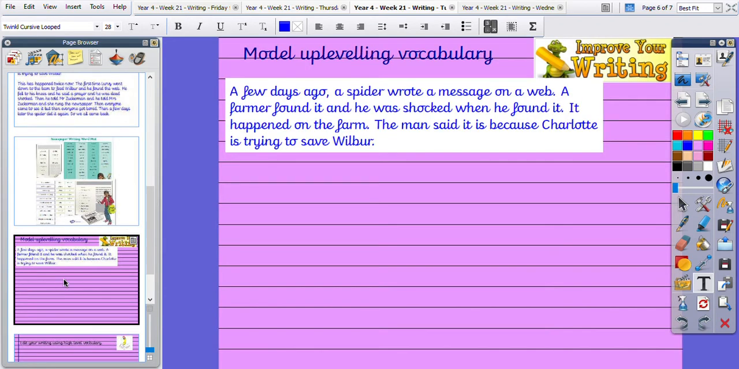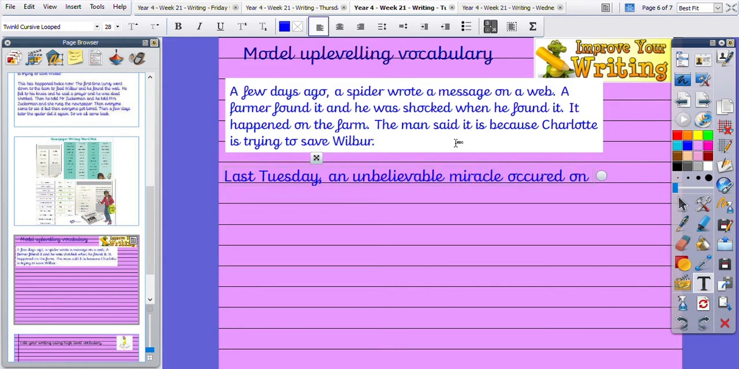So let's have a look at up-leveling our vocab. So I've taken part of my Wobble, so the first part, and we're going to up-level it below. So, a few days ago. I don't like that because it's not precise enough. So we need to say exactly when. So we can say last Tuesday. So it's much more precise. We've got our comma for our fronted adverbial. A spider wrote a message on a web. Okay, so that's not very detailed, is it? And it's also got quite poor vocabulary. So let's up-level it. Last Tuesday, an unbelievable miracle occurred on